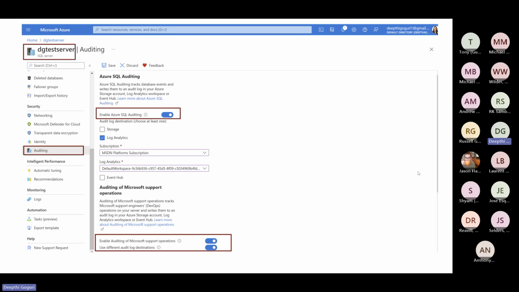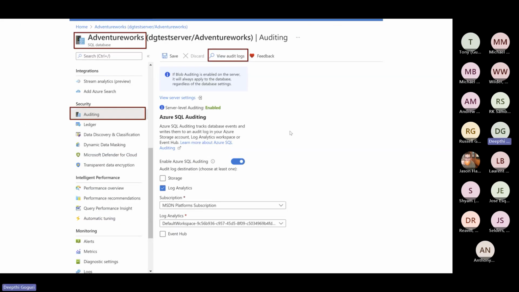So basically, you can turn this off, but the only reason you have to turn this on is if you are opening a ticket with Microsoft, if you are having an issue with them, they need access to your auditing details. So once you turn that auditing on, underneath the database, you can go to the security auditing and you can